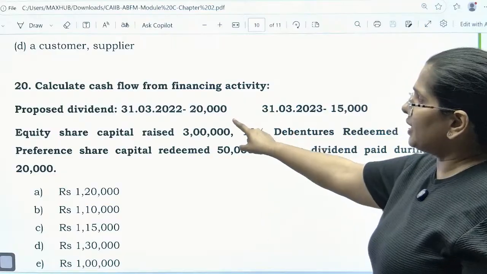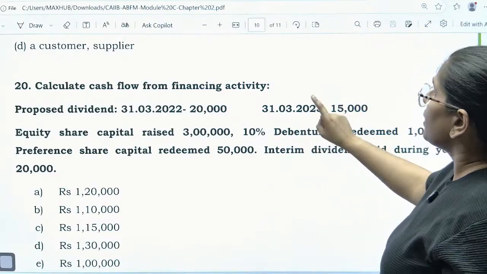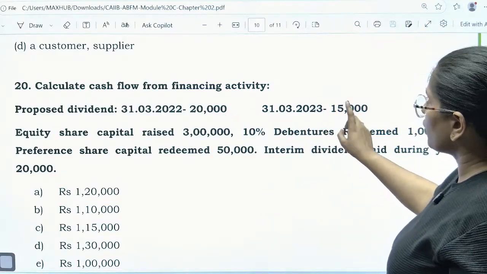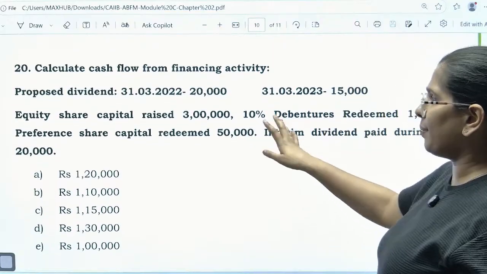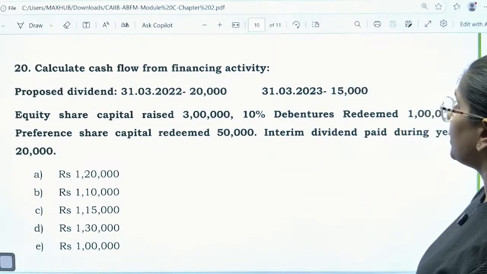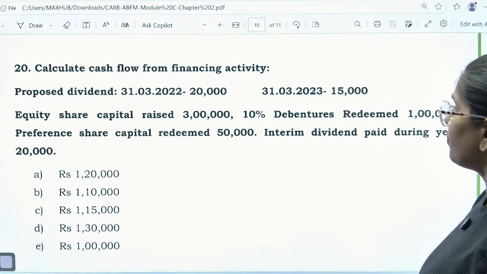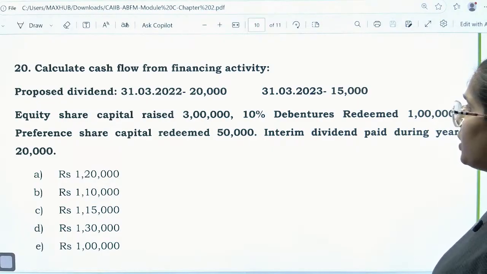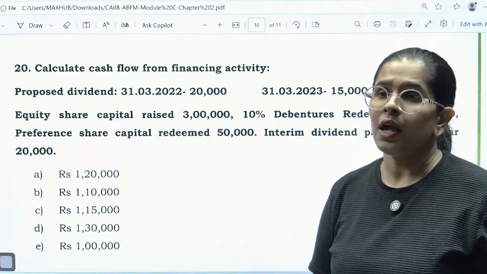So proposed dividend has been given 20,000. Your closing proposed dividend is 15,000. Equity share capital raised 3 lakh. Debentures redeemed 1 lakh. Preference share capital redeemed 50,000. Interim dividend paid during the year is 20,000. So in this situation,